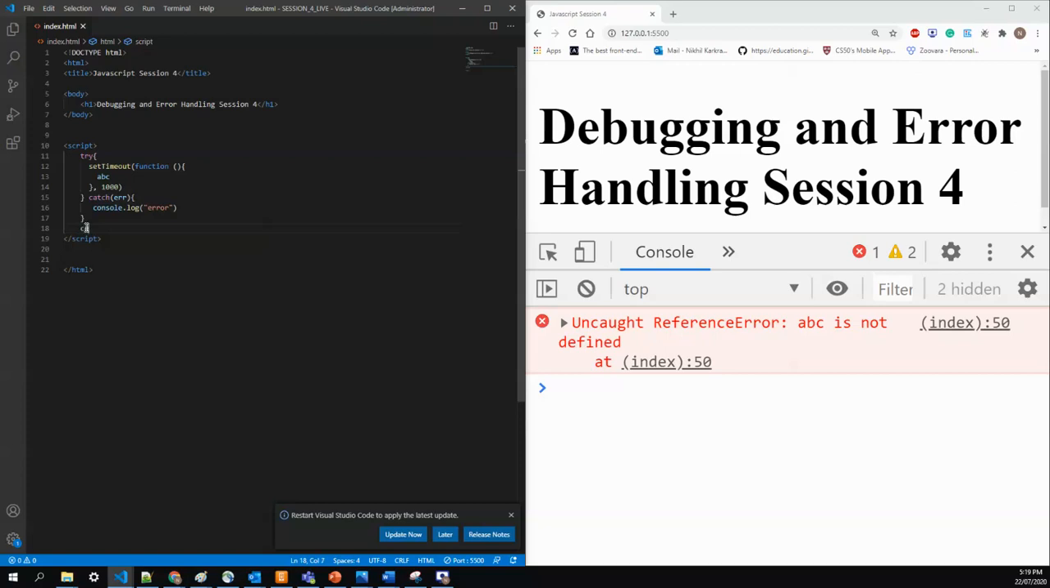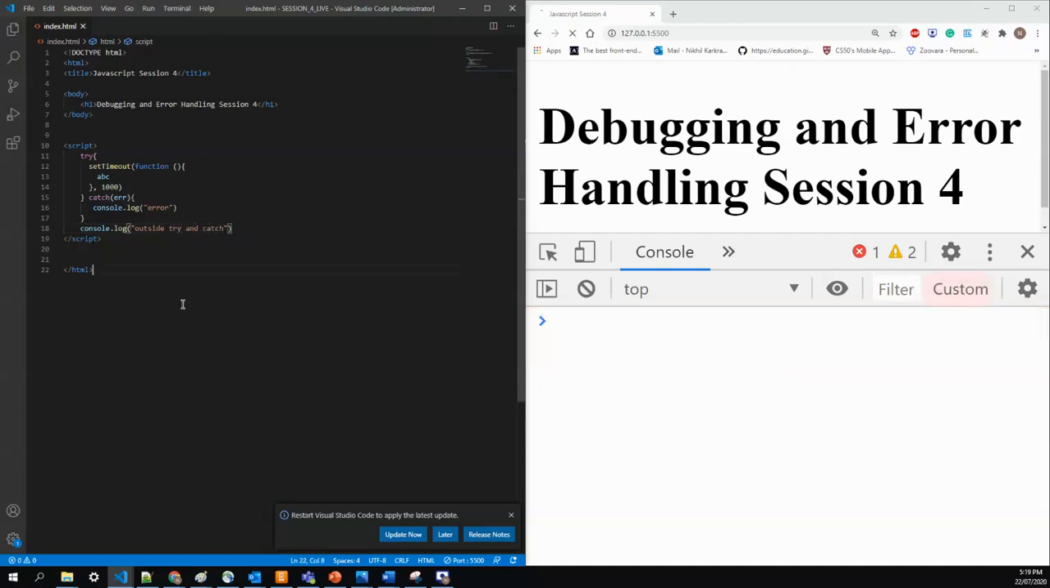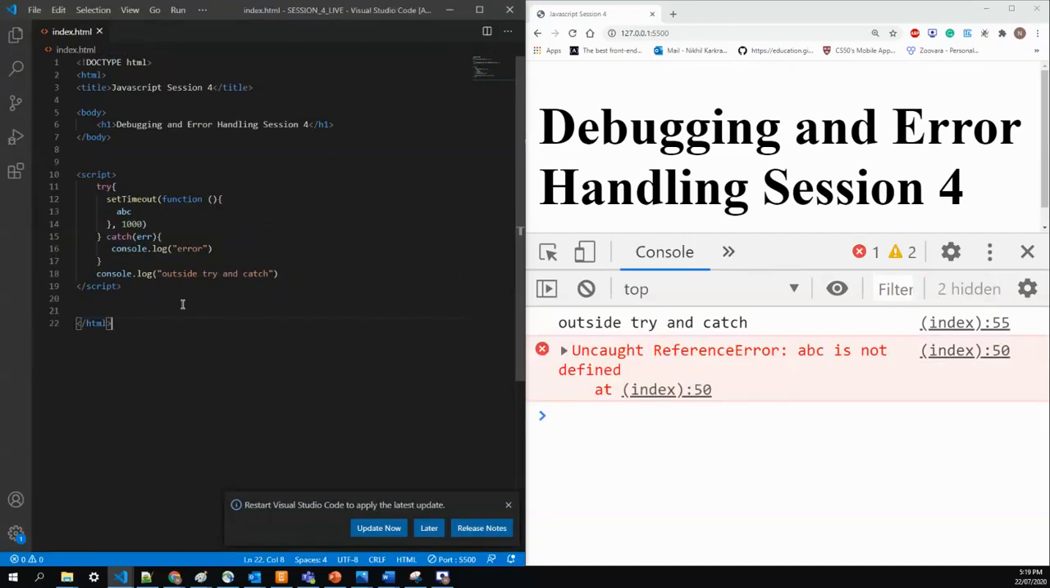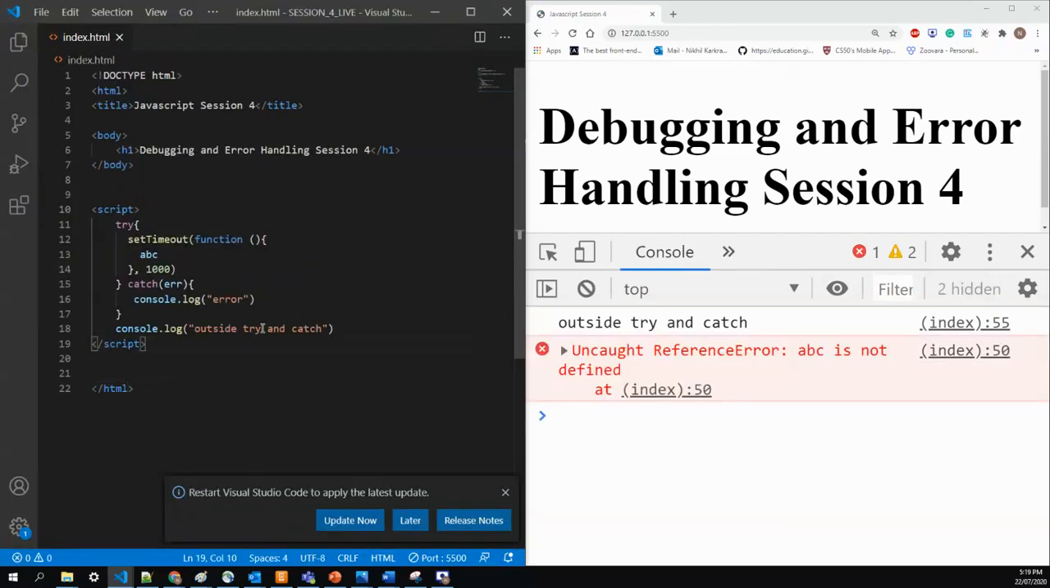To prove that, I'll put one more console.log outside try and catch. Now you can see "outside try and catch" is running, and then after that another error is coming. That is not the error that we are catching in our catch block, because by the time this function executes, we are out of our try and catch block. So this is the problem with